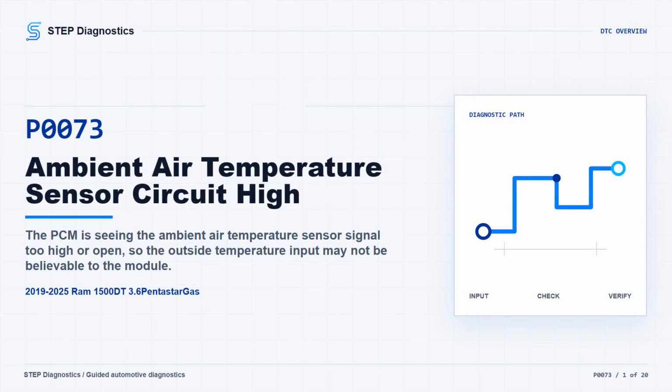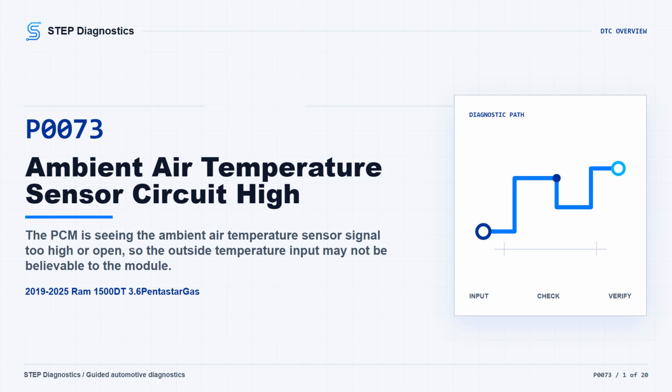On this RAM 1500 with the 3.6, P0073 means the PCM is seeing the ambient air temperature sensor signal too high or effectively open. In plain language, the outside temperature input may not look believable to the module. The MIL may come on, the outside temperature display may be wrong, and systems that use ambient temperature information can